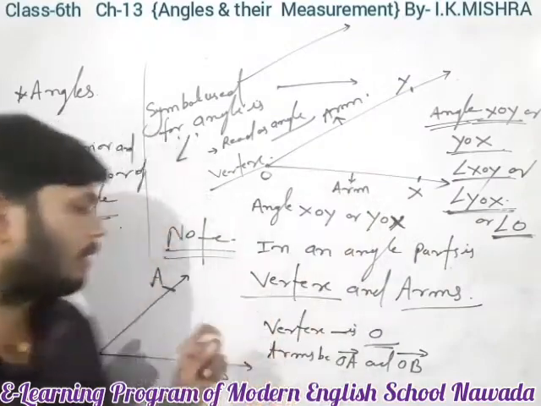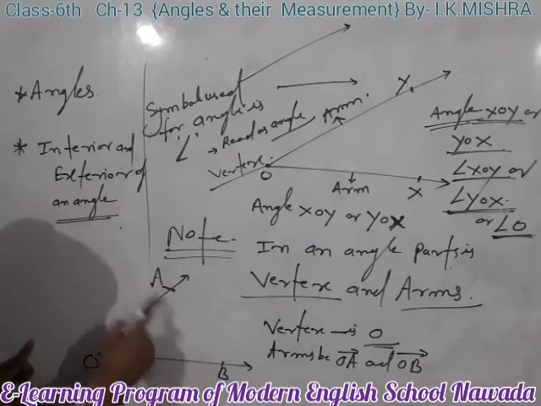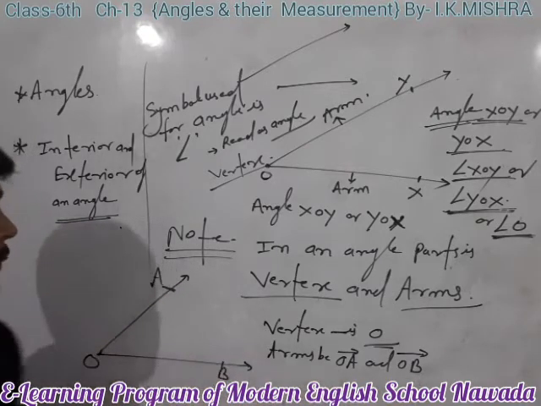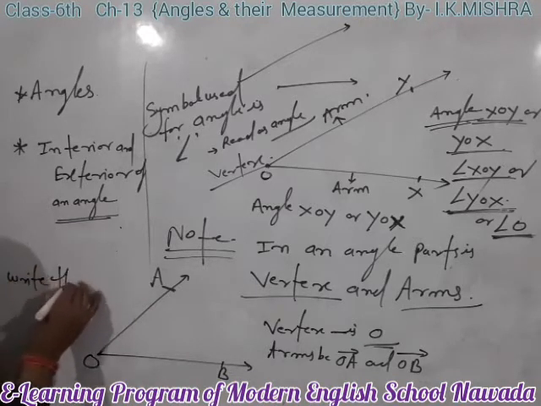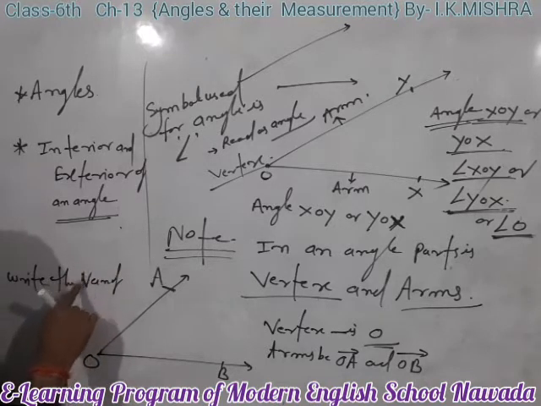Suppose you have to write the name of this angle. Observe, O is the vertex and A and B are the points on the arms. The arms are OA and OB. Students, when you have to write the name of the angle,